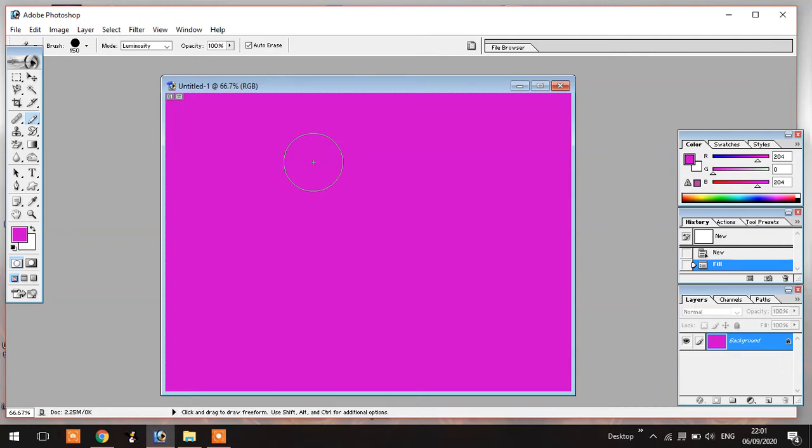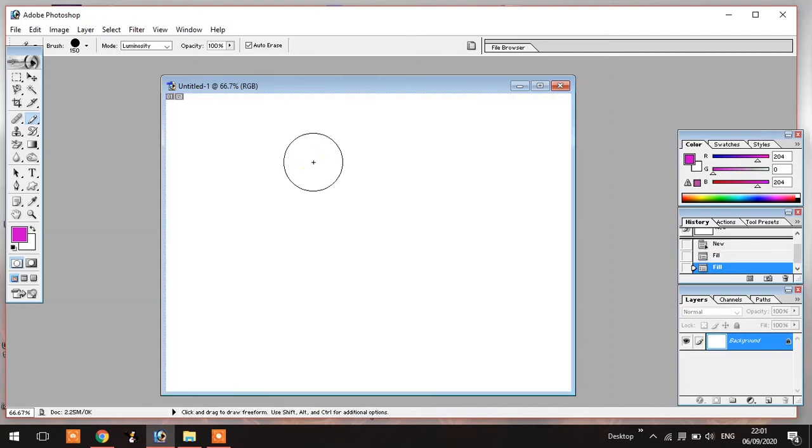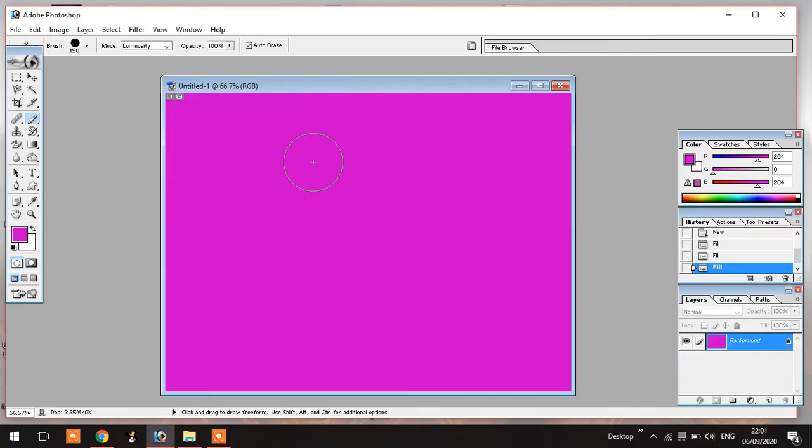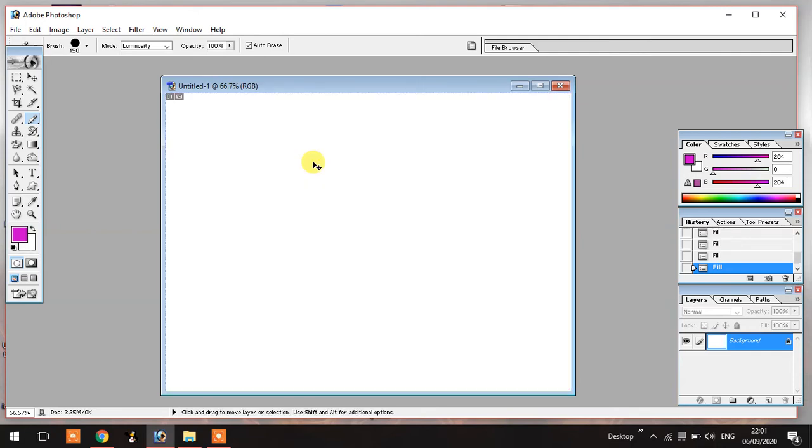When you press Ctrl plus backspace key, it fills with your background color. And again I am going to check the filling of the foreground color, you have to press Alt plus delete key and Control plus delete key.